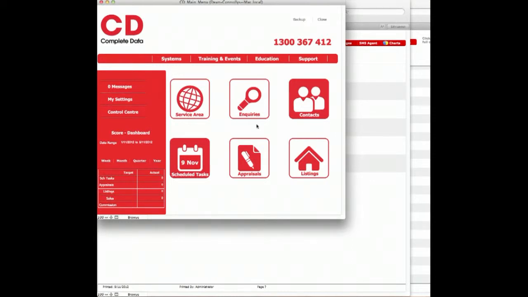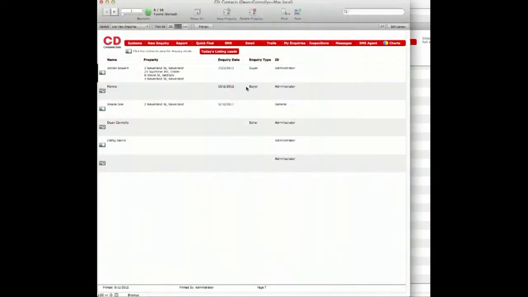Let's have a look at how we can create the realestate.com alerts to records within our enquiries database. From the main screen we can select on enquiries, which will bring us through to a list view of all our current enquiries. To bring across the most recent enquiries from AgentPoint's database, we can select on today's listing leads, which will go through and check for any records that have been entered since the last time we've checked